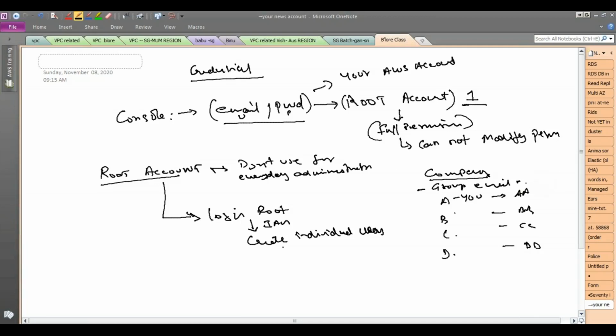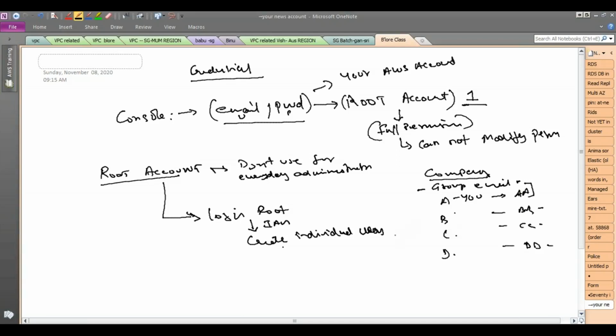From now, you have to log in using A, B has to log in using B, C with C, and D with D. So everybody should have their separate credentials. Why? Because it is security best practice, because you can track who is doing what. If you give everybody the same ID, then you will not be able to know which user actually is doing that action, what is happening in your account.